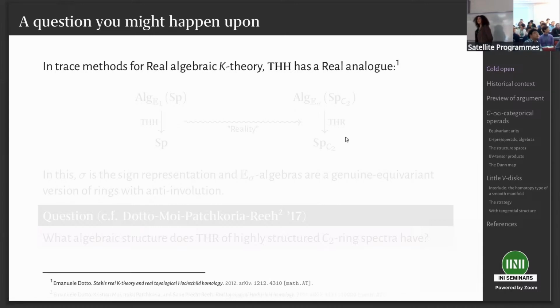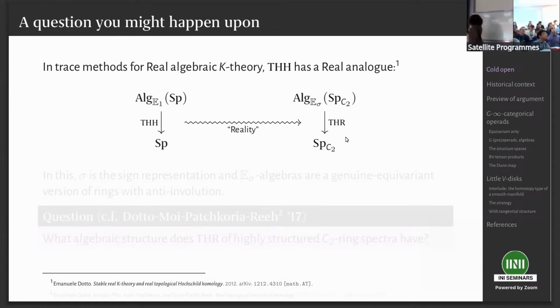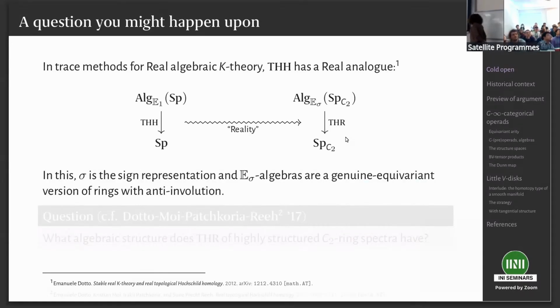And as a homotopy theorist, when I see an algebraic K theory, the first thing I'm thinking is, I don't know how to do that. There are trace methods, usually. And indeed, Emanuele Dotto defines something called real topological Hochschild homology. It takes in an E sigma algebra, which is, well, Mike defined it, but you can view it as a genuine equivariant version of a ring with anti-involution. And it spits out a C2 spectrum. And indeed, Emanuele figured out a real Dennis trace map, which is a hopefully pretty good approximation of real K